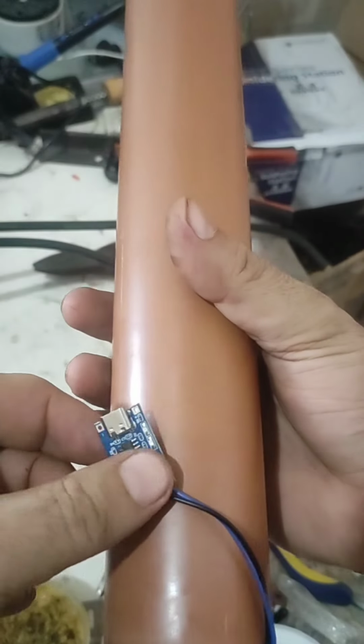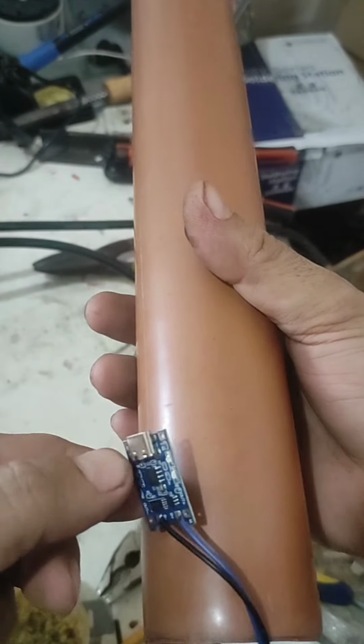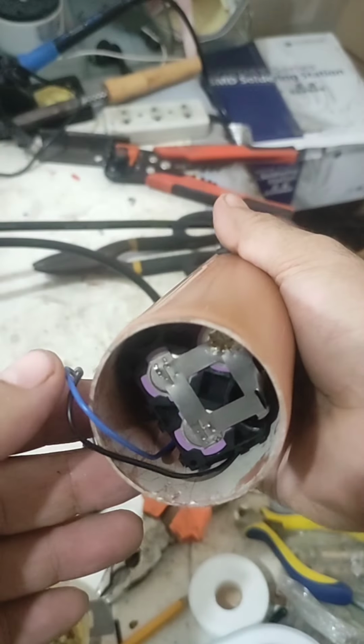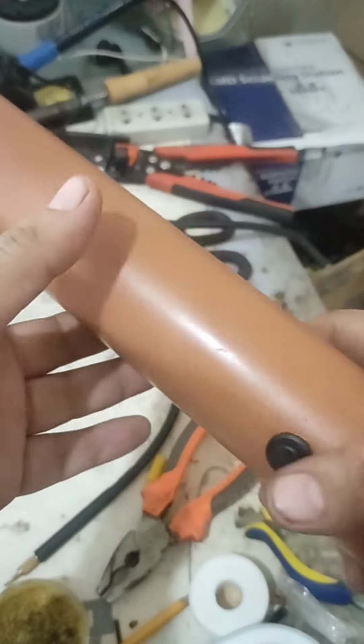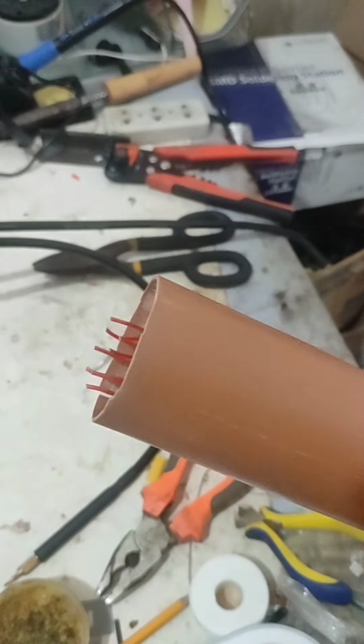So here is our Type-C 3.7 volt lithium-ion charger. Okay, and 3 cells in parallel, a push button, and here is our